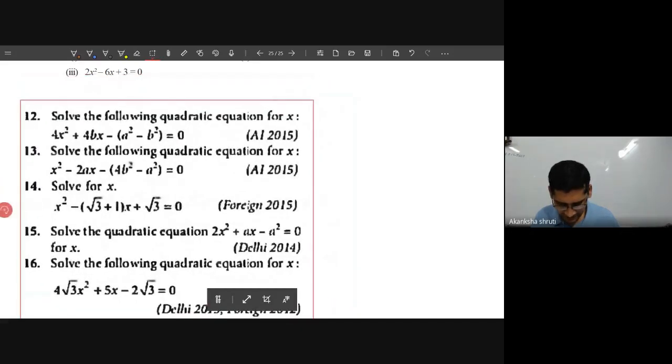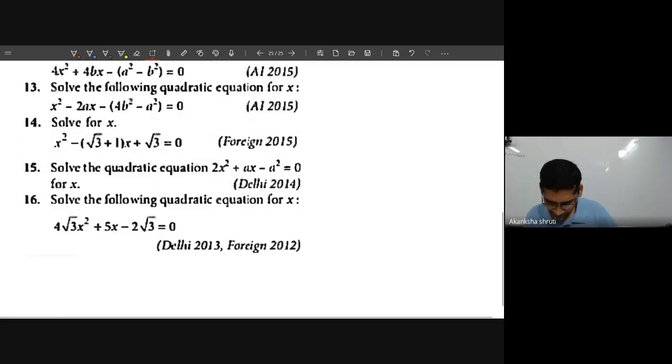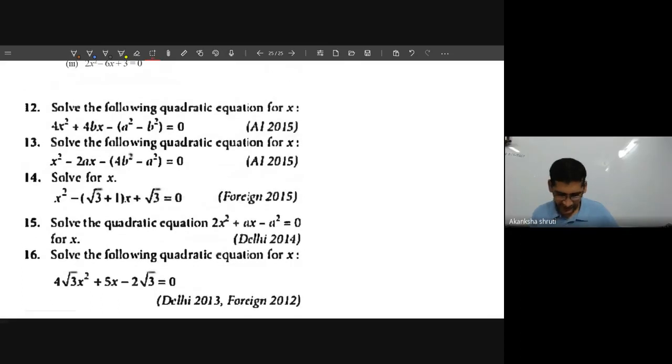तो स्टूडेंट्स आप ये देखिए, क्वेश्चन जो जस्ट हमने बहुत सिंपल वाला किया था कि जस्ट फैक्टराइज करके आप निकाल लीजिए, उसी तरीके के नहीं अच्छे अच्छे क्वेश्चन पूछे जाते हैं. आप यहाँ देख रहे हैं कि एबीसी के टर्म में है, फिर भी आपको एक्स का वैल्यू निकालना है. क्वेश्चन नंबर 14 you are watching that there is irrational number like √3, उससे आपको निकालना है. क्वेश्चन नंबर 16 में भी देखिए आपको इरैशनल नंबर है √3, उससे आपको निकालना. सो ये सारे के सारे आपको करने आने चाहिए.